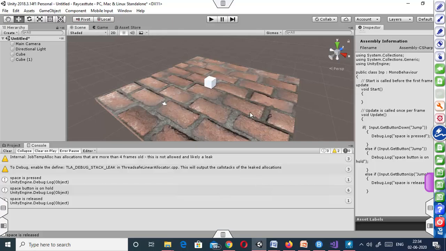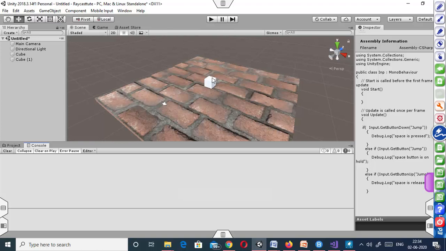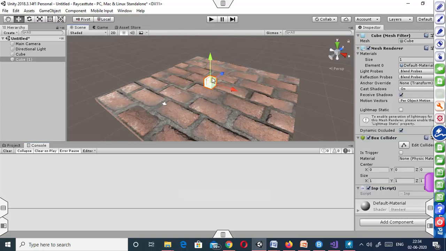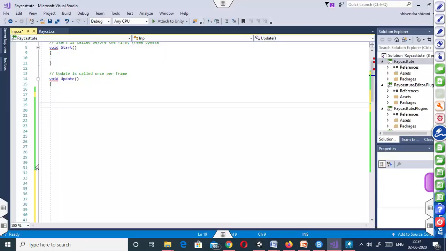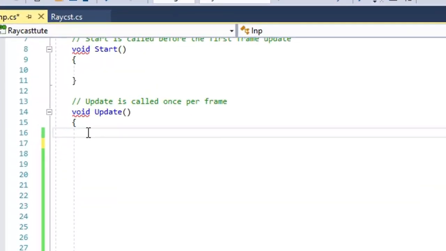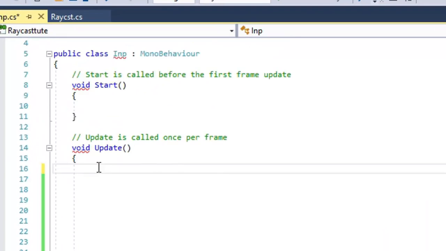As we know that this particular script is associated with this cube, now we will add some movement to this cube using our keystroke. Now we'll check how these buttons can be used in order to provide movement to any object.